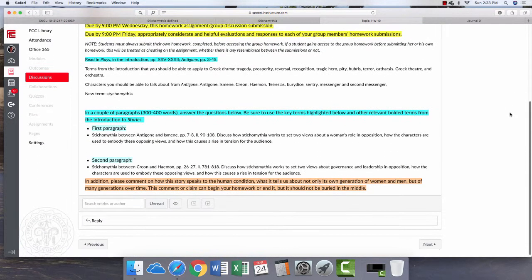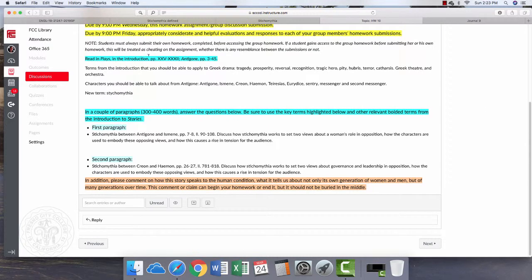Here we go. The assignment for the reading is, in the introduction, please read Roman numerals XXV, 25 to 32 in Roman numerals. And in addition to that, read Antigone, pages 3 to 45. It's a very small play. You can knock it right out, and it's really straightforward. Sophocles was extremely clear about what he wanted people to think, and even this many thousand years later, it communicates very nicely. So I think you will enjoy it.